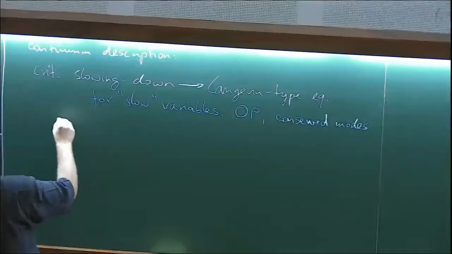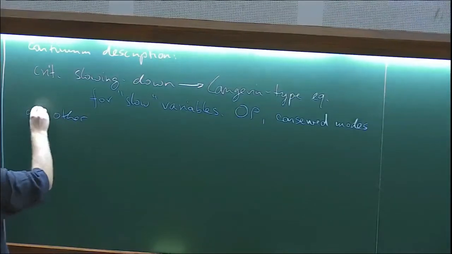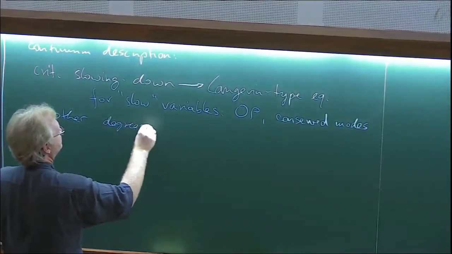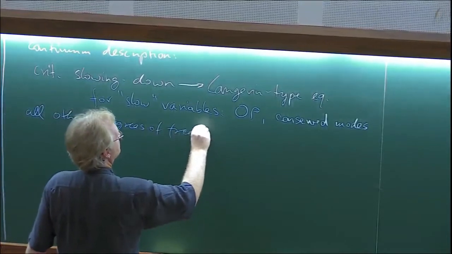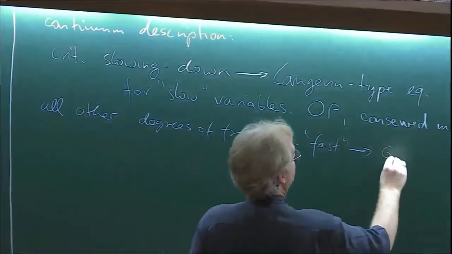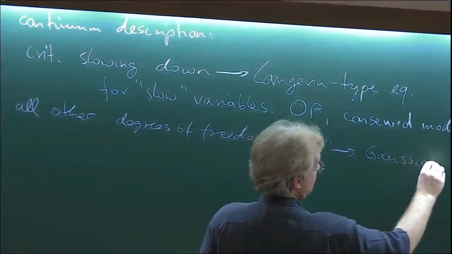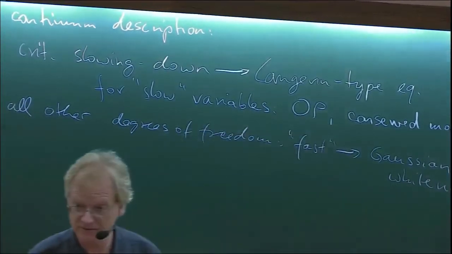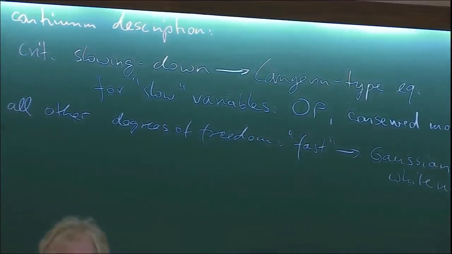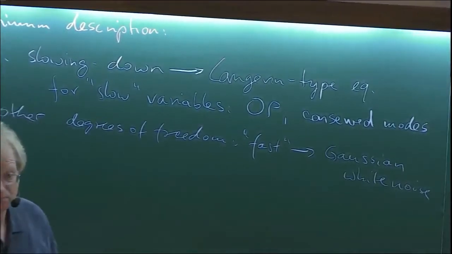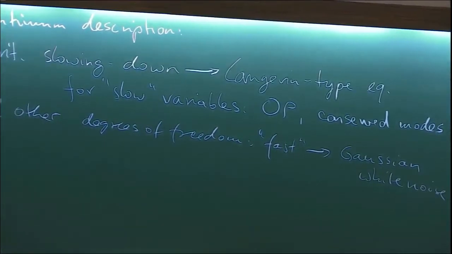So what I should say here is that other modes, everything else, degrees of freedom, are considered fast, and so we just treat them as Gaussian white noise. White is there fast, so we don't have any characteristic time scale that we worry about. That's true in the limit of severe critical slowing down. Gaussian is just the assumption of least knowledge. As I'm not going to care about these modes so much, I'm just assuming the simplest possible scenario for the correlations, and that's Gaussian.